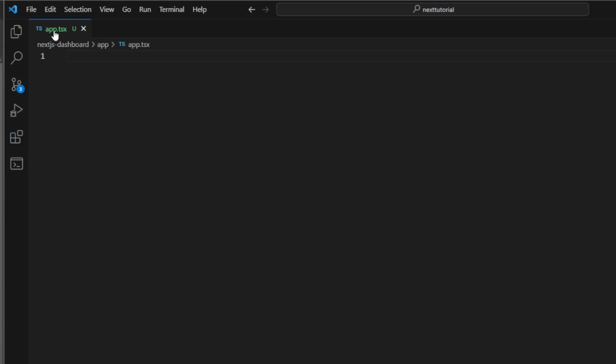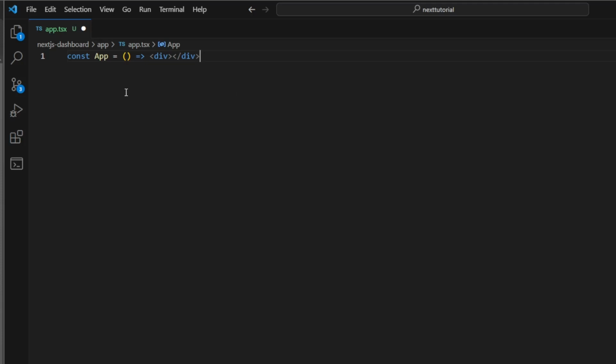I have an app.tsx here just for demonstration purposes. I'm gonna create a simple React component called app, which is gonna do nothing and return a div. Okay, so this is what you normally write when you don't have any props or anything. But now most of the time you will have props, right, with your